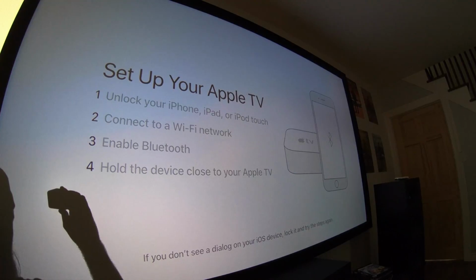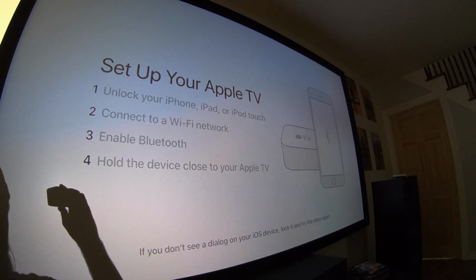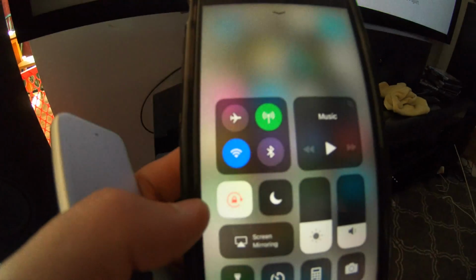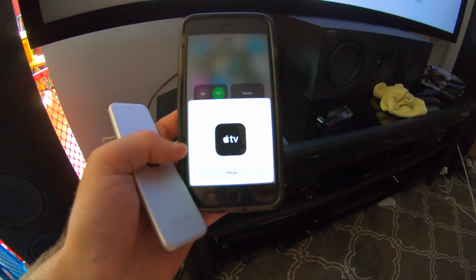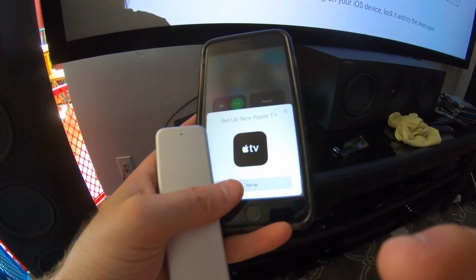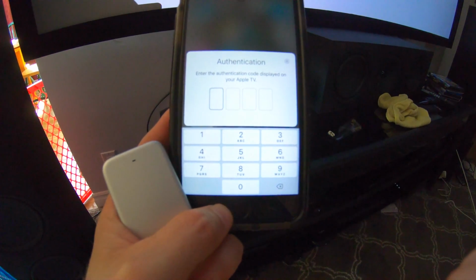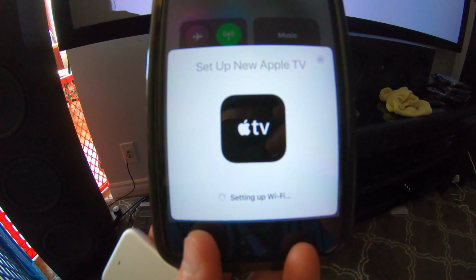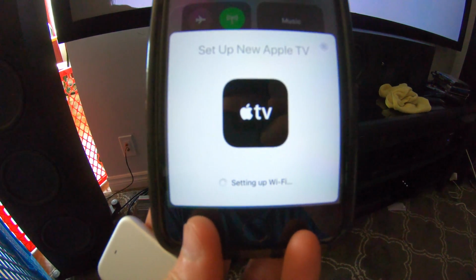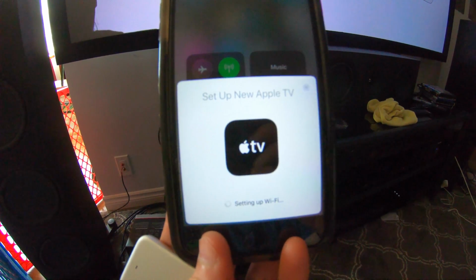Okay, so now you unlock your phone, connect it to Wi-Fi, turn on Bluetooth, and so I've got the Wi-Fi on, I've got the Bluetooth, and look at that, popped right up. Set up new Apple TV. Whoop, two hands. Okay, so I just entered an authentication code, which I skipped over, so you guys can't steal my Apple TV. I know that's not how it works, but